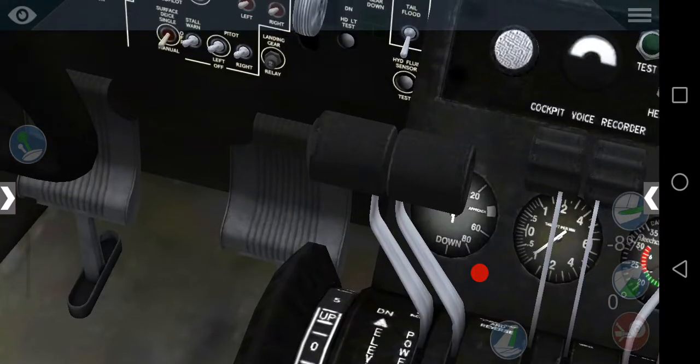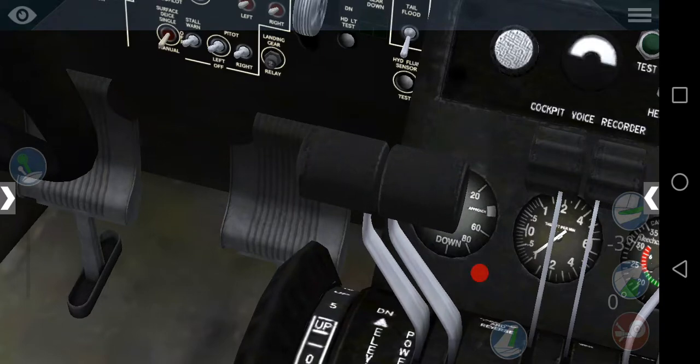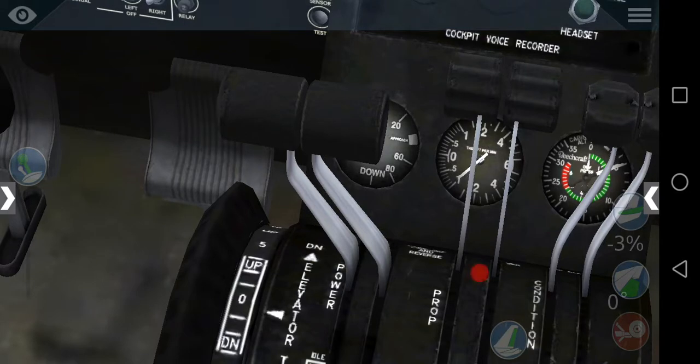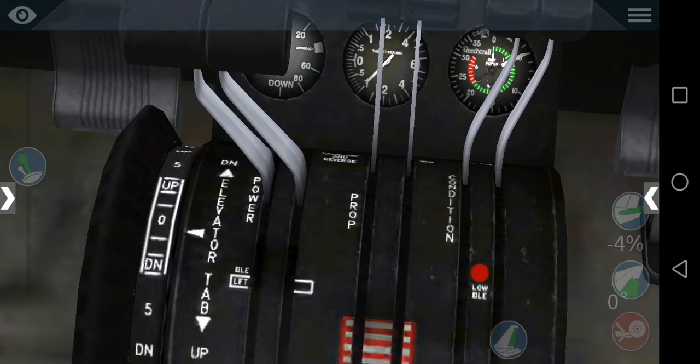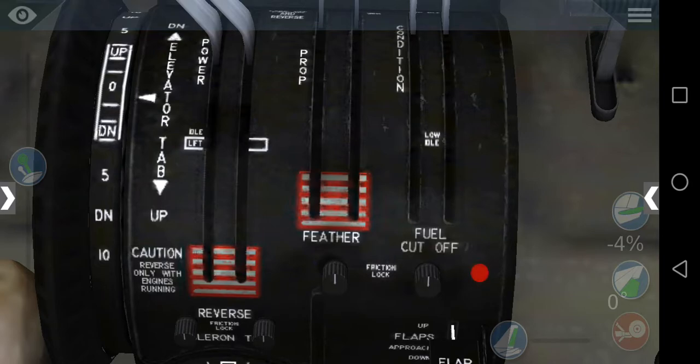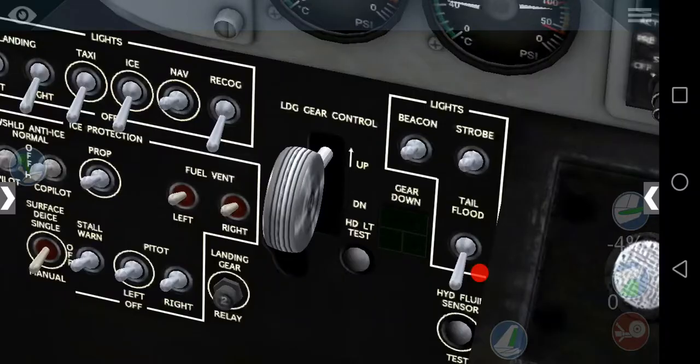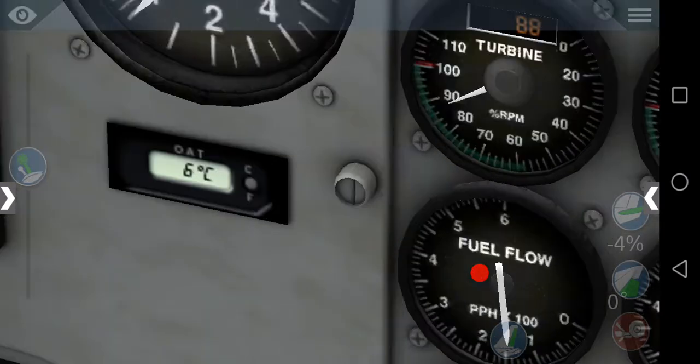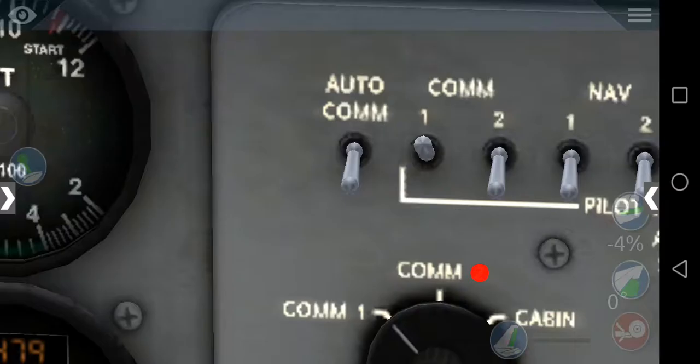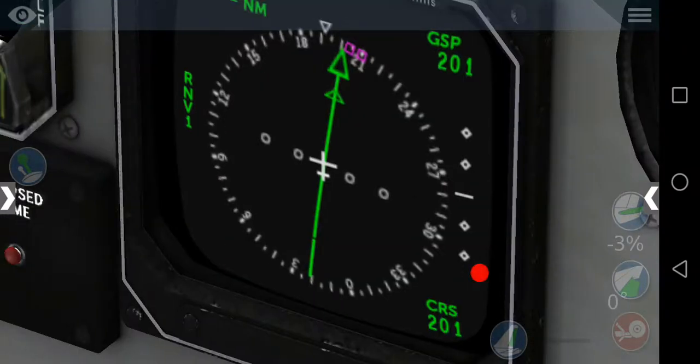So I'm going to slow down the power just a little bit, and there we go. And props at maximum and condition levers at maximum. It's what's required at this moment. Outside air temperature has risen up to 6 degrees Celsius, so